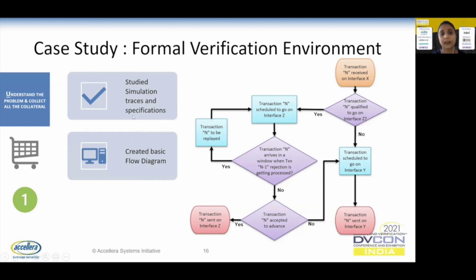As a first step, we gathered a lot of simulation traces, the design specification, and the architectural specification. We studied them and created the basic flow diagram of the routing based on that understanding. As we see on the flow chart on the right, there were 3 endpoints. A transaction coming on interface X can get routed to Y or Z